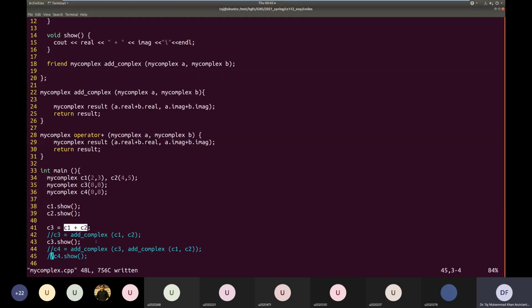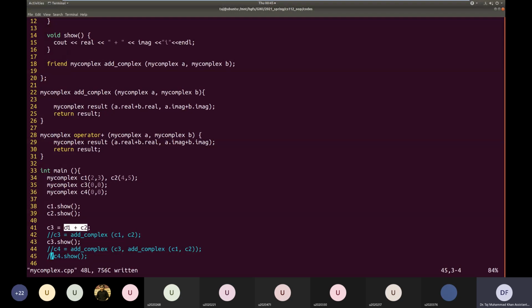This function will be called, C1 and C2 will be passed as arguments A and B, and then the functionality will be executed, whatever code you have written in lines 29, 30. This addition will be done, a new result will be created, and this addition expression will be replaced by the result. So all this highlighted part will be replaced by the result, and then the result, which is a complex number, will be assigned to C3.